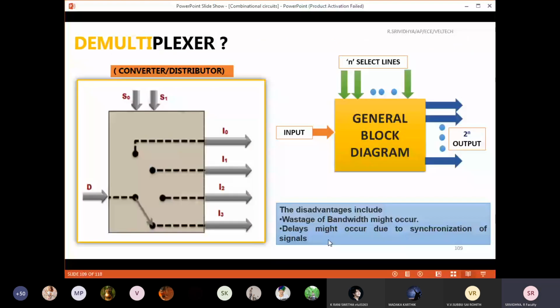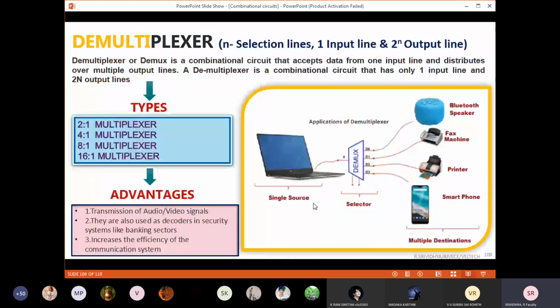I would like to say about this word synchronization, because in your upcoming semesters this word is going to play a very vital role. What is a synchronization error? For example, 0, 1, actually what operation should it do? It should be connected to a fax machine. But what happens? 0, 0. Now a signal will be transmitted by 0, 0. That process itself would not have completed. But suddenly, the user gives 0, 1.